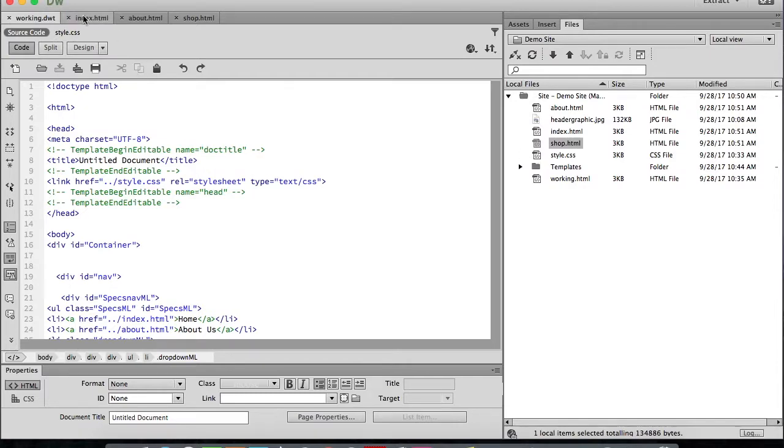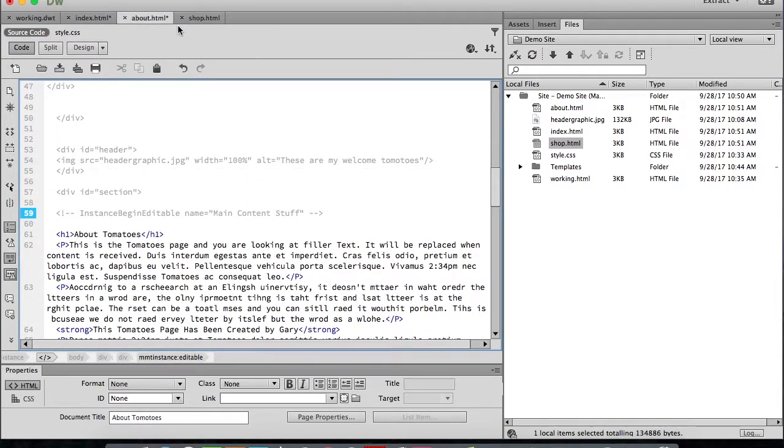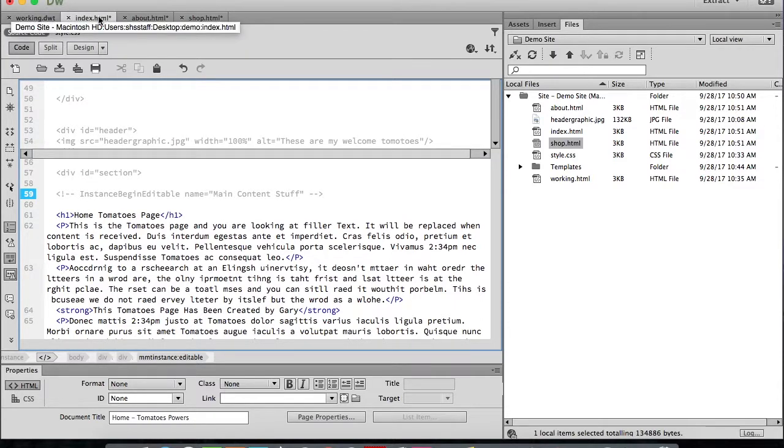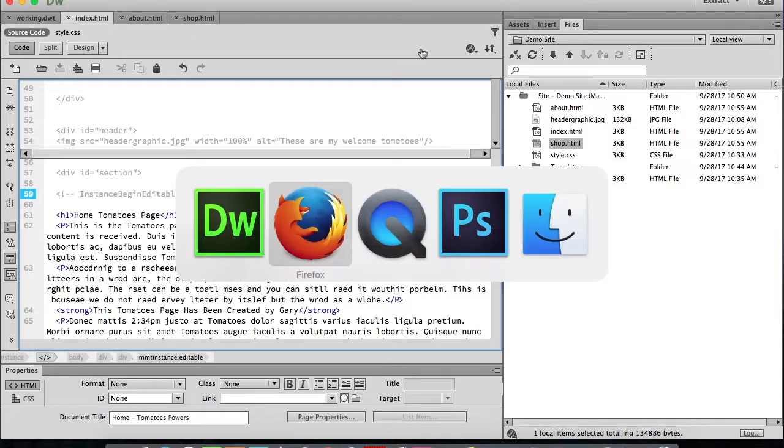And now look, all of these now have to be saved because the three children, or the three sub pages, were all updated because we updated the template. So now I hit save all, and it saves those guys. If I now view in the browser,